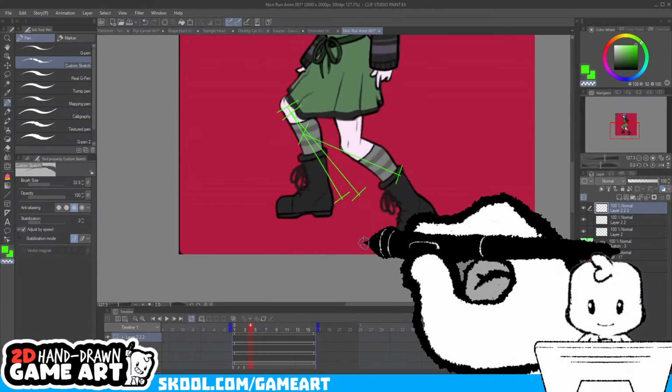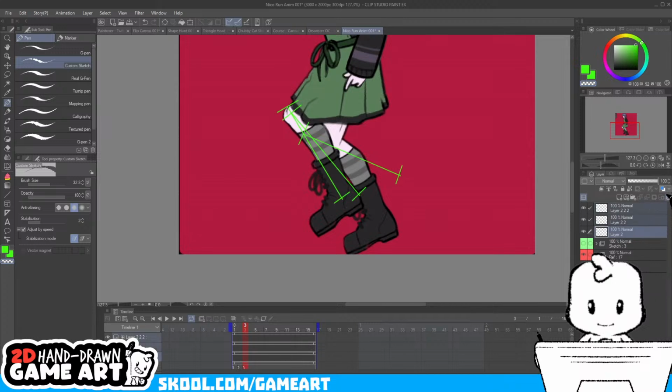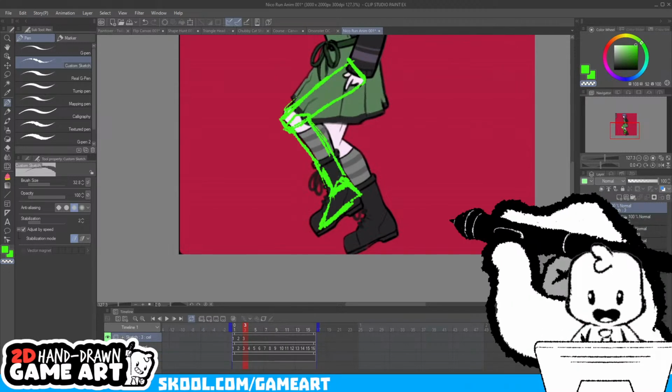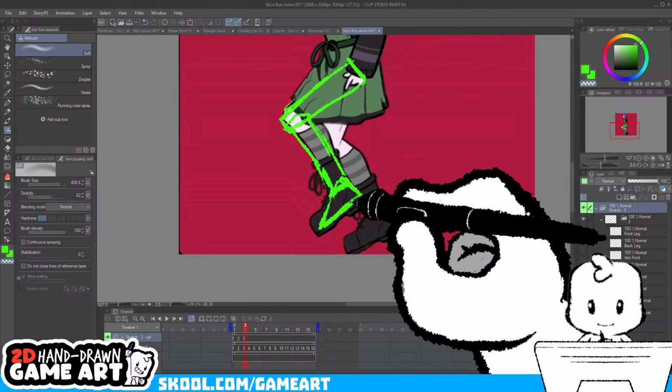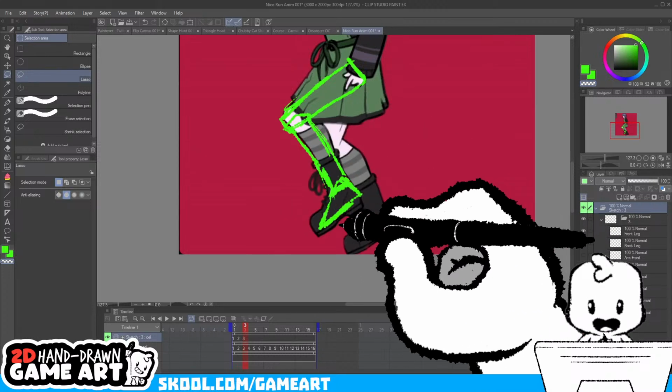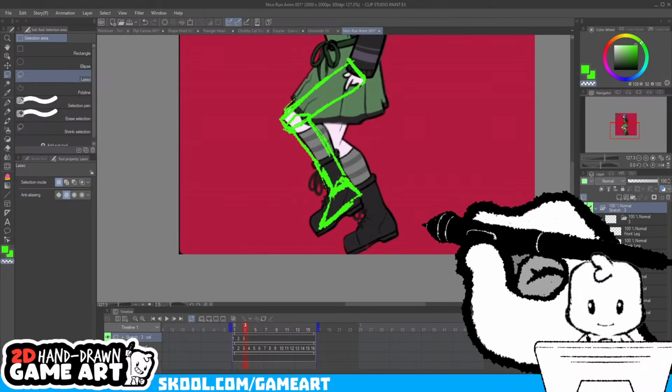No, I think it's just me. I think I'm just drawing it wrong. When I'm lassoing, I think I'm just moving my pixels around a little too loosely.